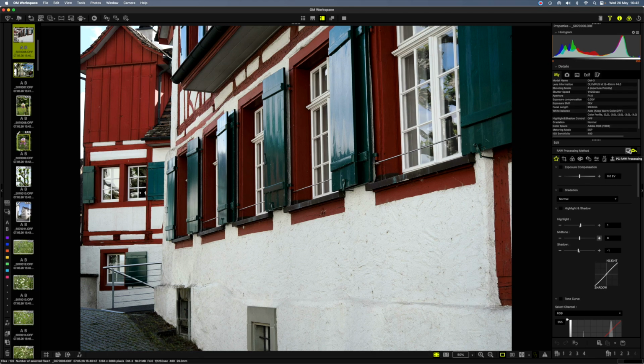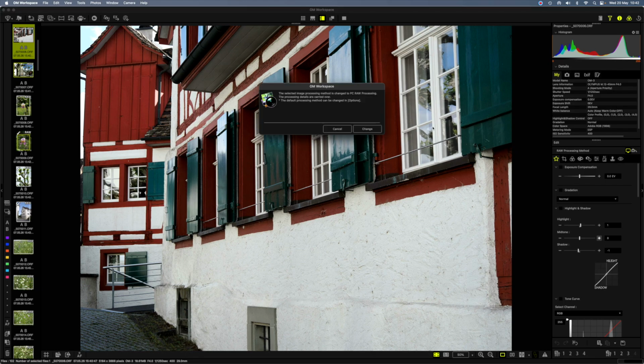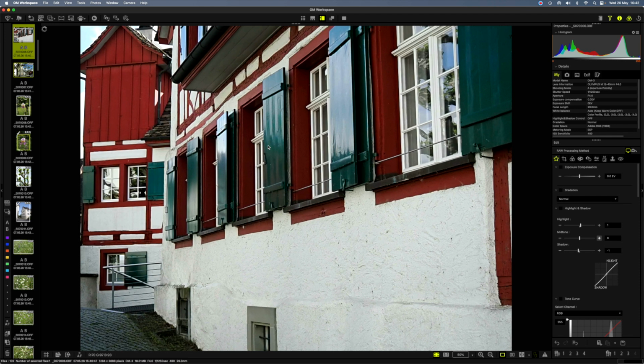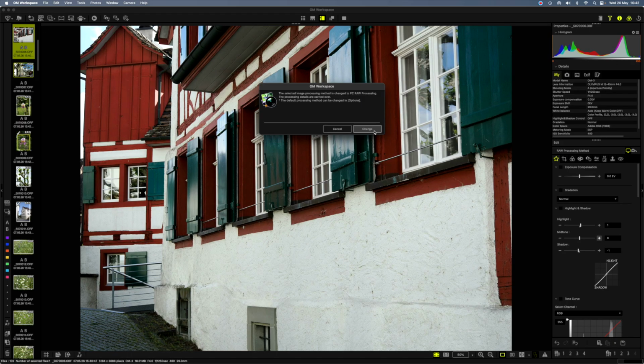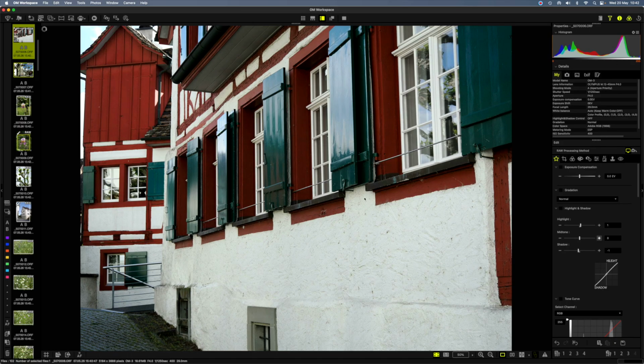You can also see that. So if I switch back to the PC only, then you see that the picture won't change. It's basically the same picture as what I see when I go into the TruePix processor. I'm going to go back to the PC because it's easier. For me, I don't have a speed problem on this particular PC. So what you see here is the RAW Plus file.